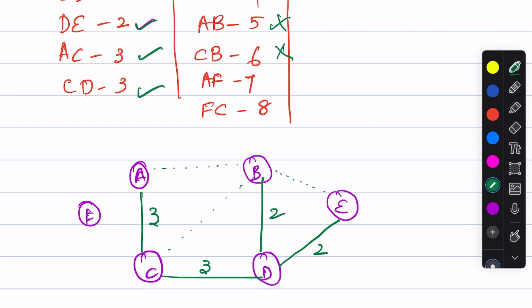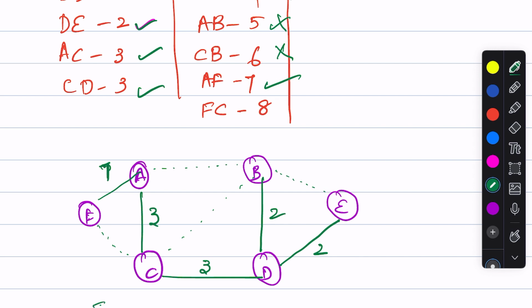Next is AF, it is 7. So let us include this edge. Now let us see FC. FC cannot be included because it forms a cycle. And now we see that all the vertices of this graph are connected and this is the minimum spanning